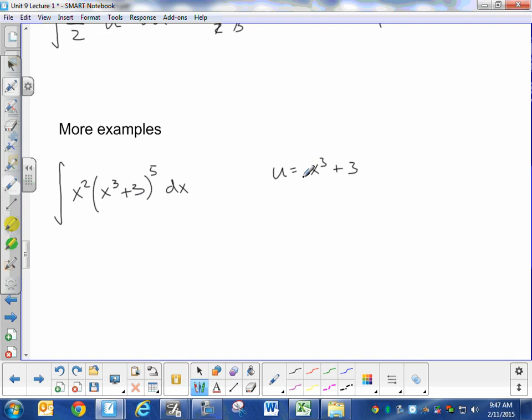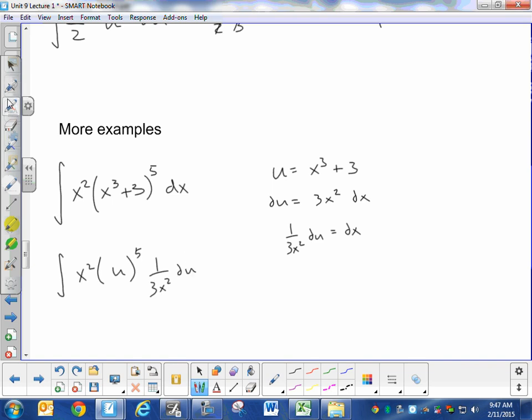All right, we set u equal to g of x. We then take the derivative and manipulate it a little bit to get du is equal to 3x squared dx. We then will solve for dx. If all is right in the world, when we substitute in, we'll have a simpler function with just u's. I notice that the x squareds will cancel. All is right in the world,